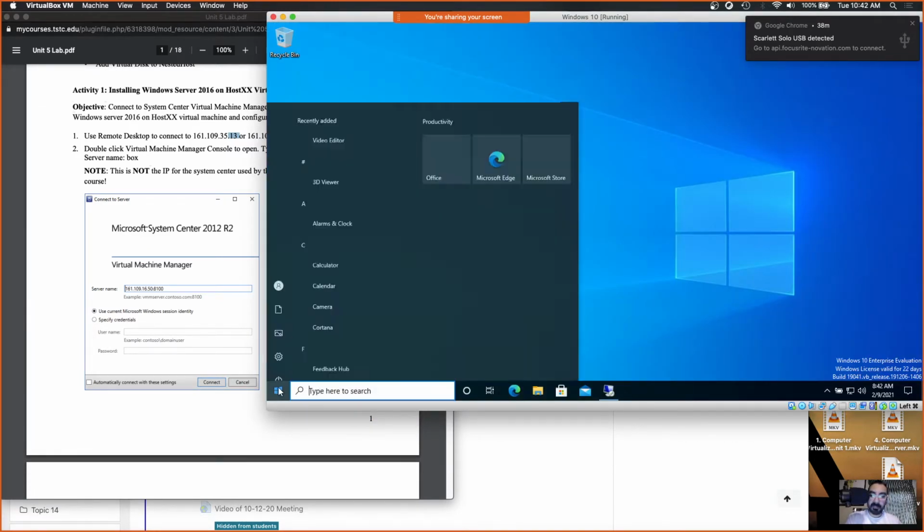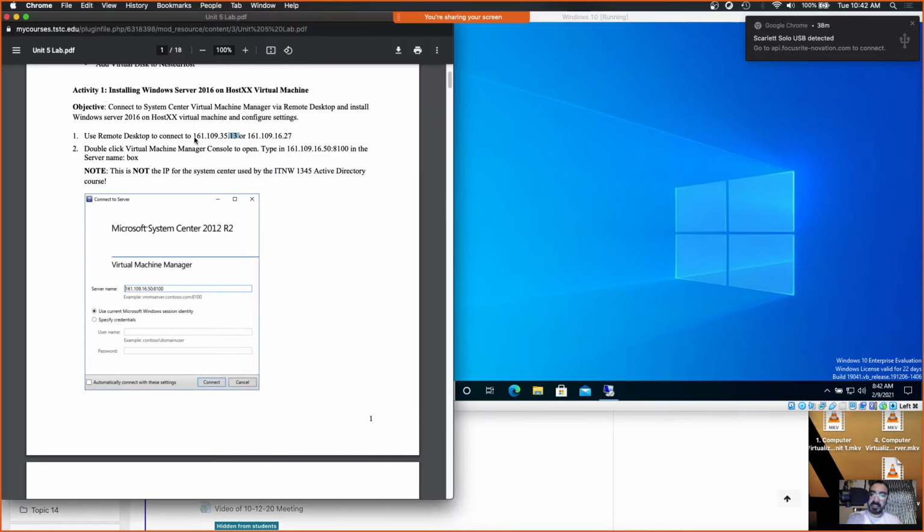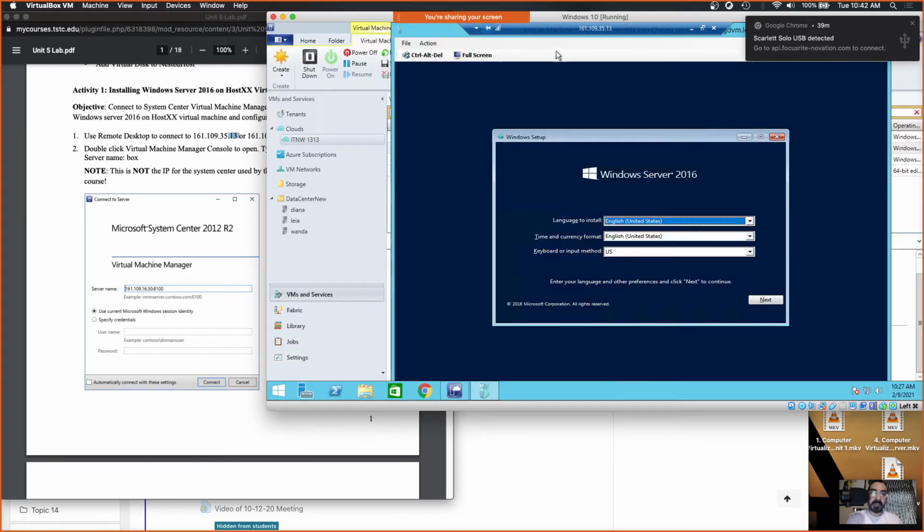So yeah, open up Start menu, Remote Desktop Protocol, a Remote Desktop Connection. Type in that IP address, log in with your credentials. Of course, the domain is student, and then a slash and then your username. That all goes in the username box, and then your password should be the same as what you use everywhere. Once you log in,